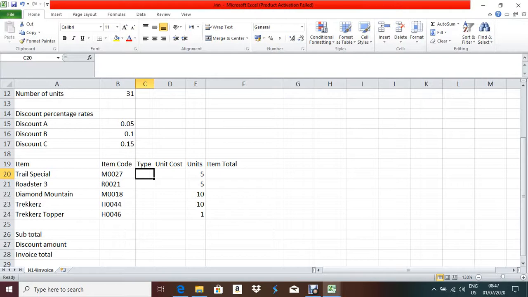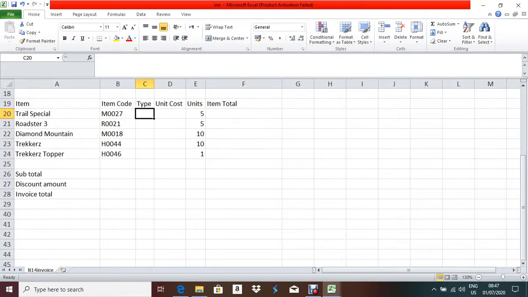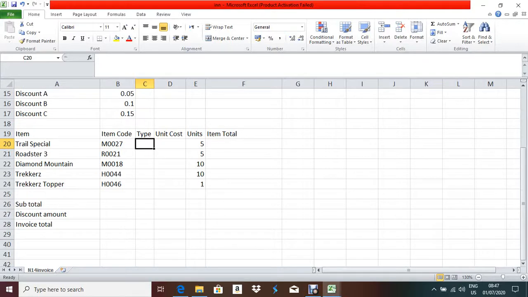Here I have to use VLOOKUP, because the data which I am going to collect, that is type, was given vertically in the hidden part. The type was given vertically where we hid something, right? So that thing was given vertically. We have to collect the data from the hidden part, so it should be VLOOKUP.